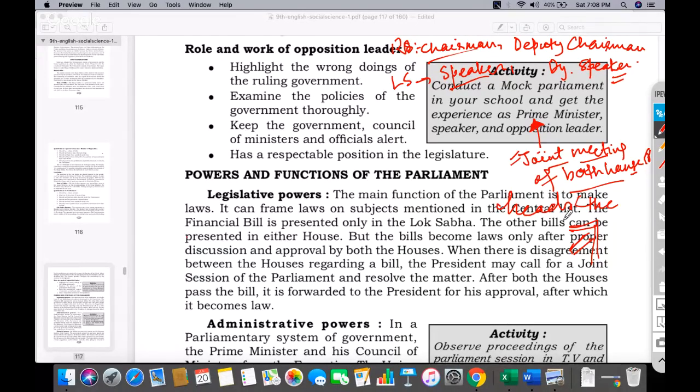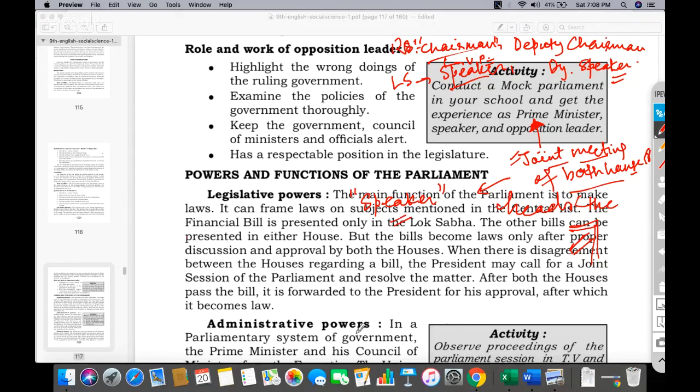How come the prime minister comes? It is the speaker of Lok Sabha. The correct answer is the speaker of Lok Sabha. So don't fall into the trap of the vice president of India, because the chairman is the vice president of India. So look at the bigger position, the speaker of Lok Sabha.